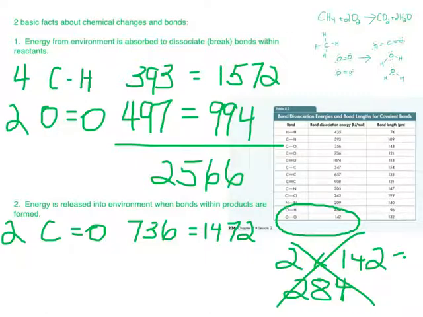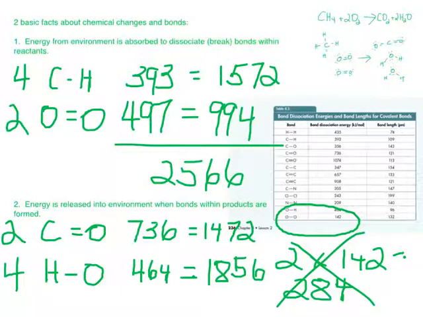Each one of them involves hydrogen to oxygen bonds. Each molecule, though, involves 2 of those bonds, but we have 2 molecules of water, so that means a total of 4 hydrogen to oxygen bonds, and each one of those is 464 kilojoules per mole. So the total amount of energy that would be released upon the formation of those water molecules is 1,856 kilojoules